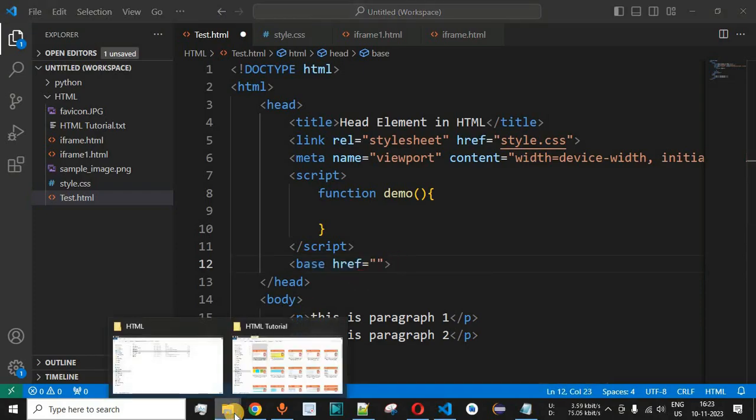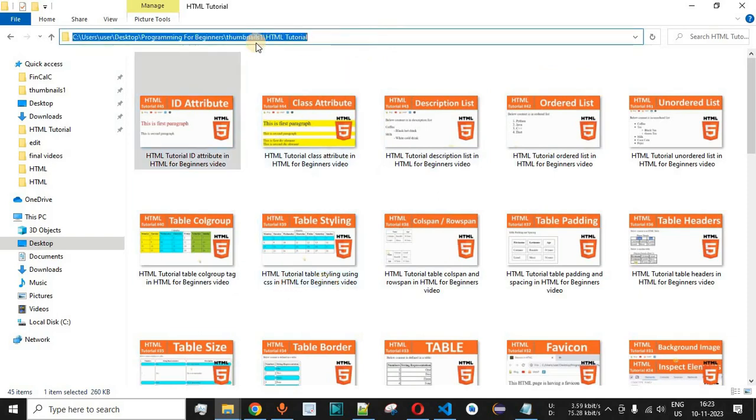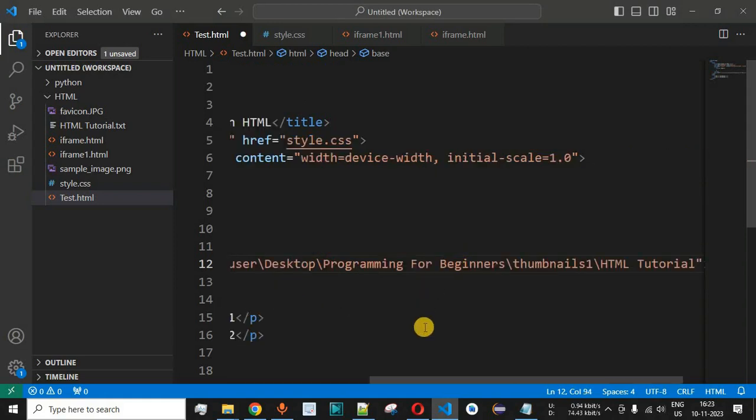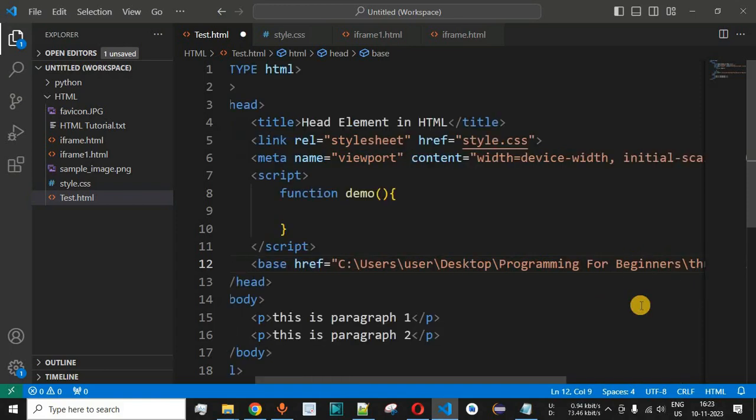So guys, over here, let's say we have a particular folder from where we want to show the images on our web pages. So what we are going to do is provide this common directory path from where we are going to refer to that image. So I'll simply copy this and paste it inside the href attribute of the base tag. When we provide this value of the href attribute, in the end we need to provide the / character over here. Now guys, this is the base directory that we have defined.